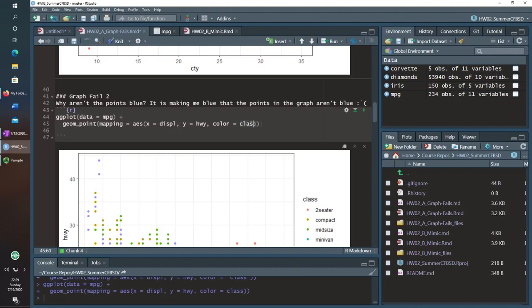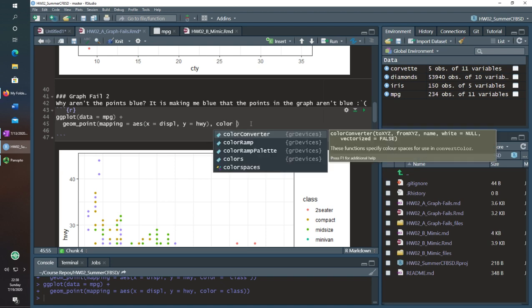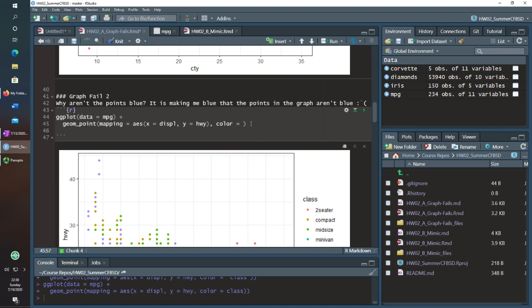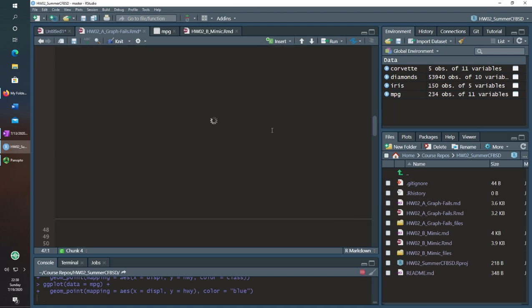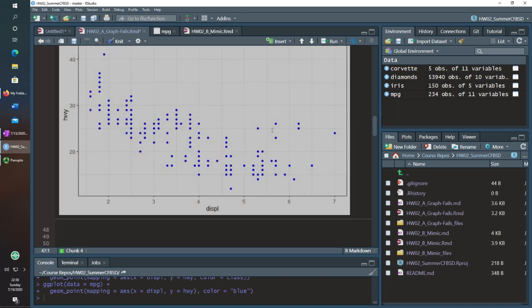But if we wanted to actually get the value to be the color, we use the color argument of geom_point, and we can say now we want the color to be blue, and it will recycle everything.